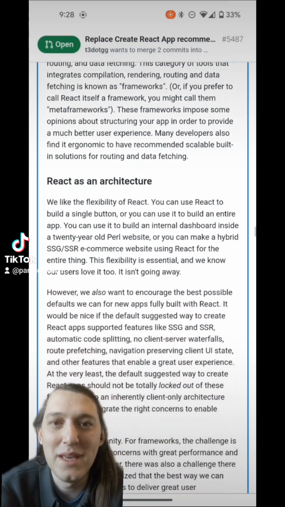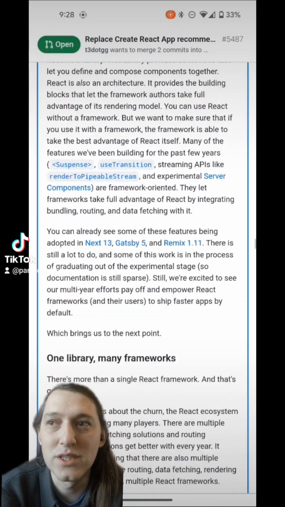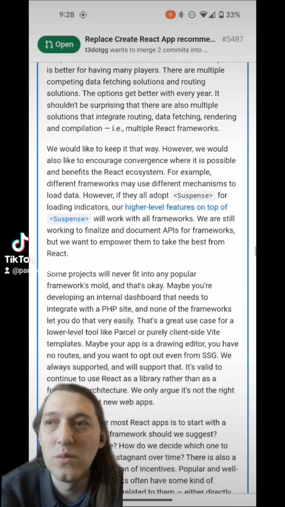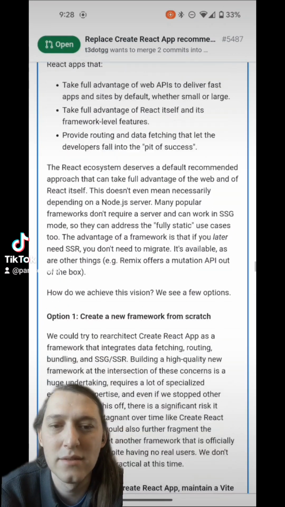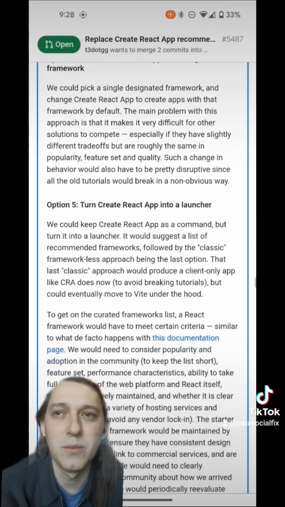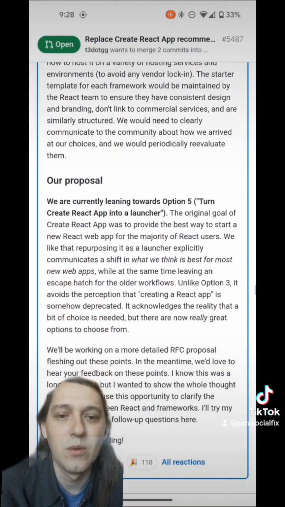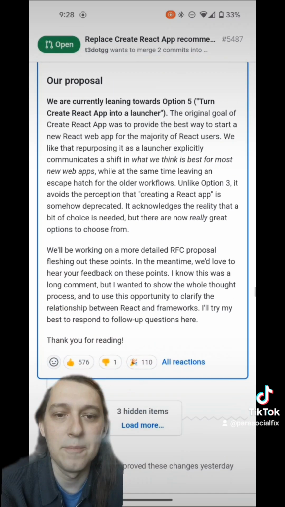A lot of people, including me, were just thinking that they would stop recommending CRA and say, hey, just use Next.js, and then he goes into a bit of detail on why they don't want to do that. So we're surprised to see that they actually want to go more the way Vite does it, where if you do create Vite, you can get into most of the Vite project initializers. So you do create Vite, but you can then select Nuxt or Svelte and so on.